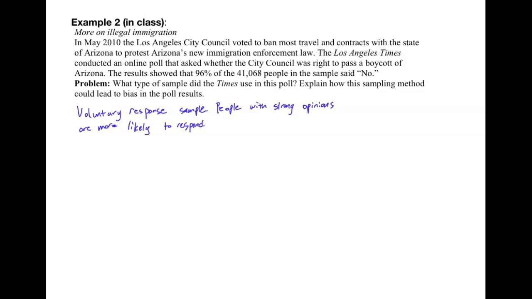So a common type of question on the AP exam would be, they'll give you a scenario like this, and then they'll ask you what's the problem, and then you have to tell us whether you think it's an overestimate or an underestimate. And in this case, I would say possible overestimate,